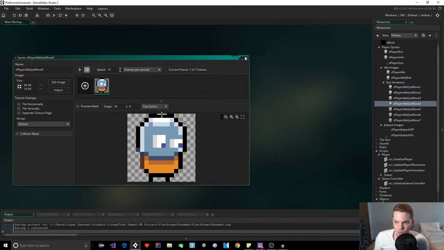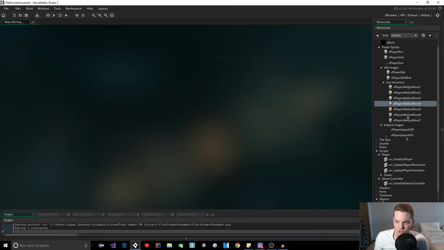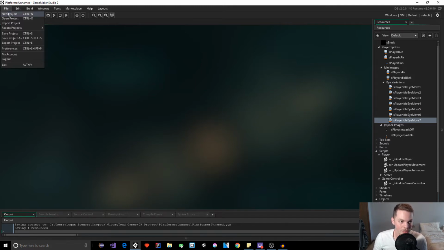And then one more thing I wanted to show you guys. You can make those edits, and remember, you can make as many of these variations as you would like. Another thing I want to show you: remember I've been getting irritated at GameMaker not saving the snapping to grid and that kind of thing. Well, you can actually change that stuff and have it saved. How you do that, and I believe it's Nicotine, shout out to you, he brought this up in the comments, is you go to the file,